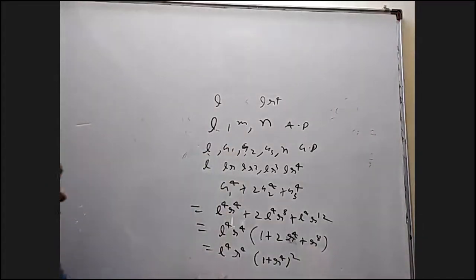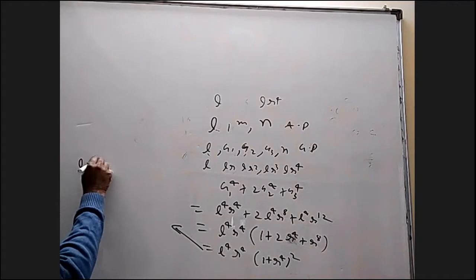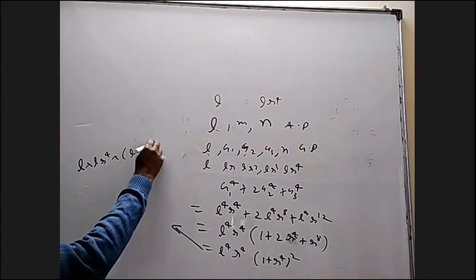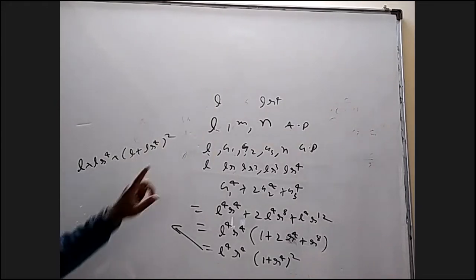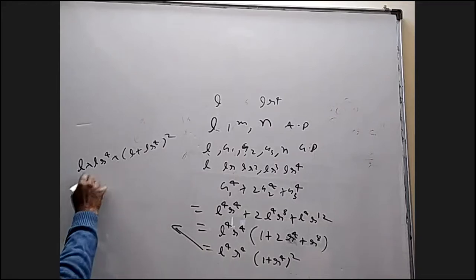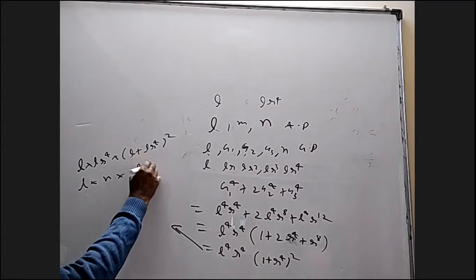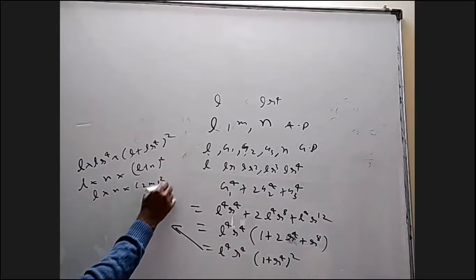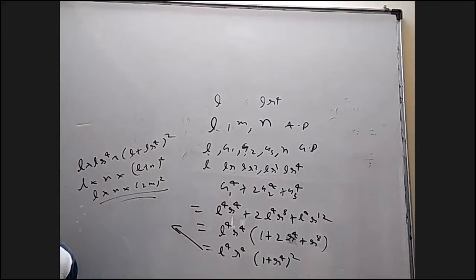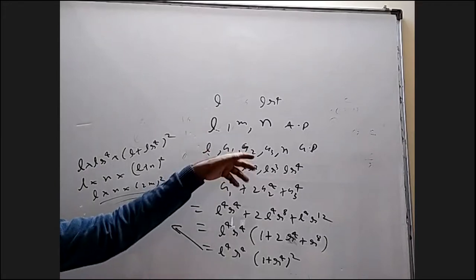Okay. Now we don't want R. We want everything in terms of L, M, and N. So one L, you could take it inside, the other L you keep it here. I'm going to rearrange this as L into LR power 4 into L plus LR power 4 whole square. This L square, this L power 4, everything is fine. What is LR power 4? N. And this is L plus N whole square, which is actually 2M. You can write it as L into N into 2M whole square. So I prefer this rather than finding G1, G2, G3 and substituting.